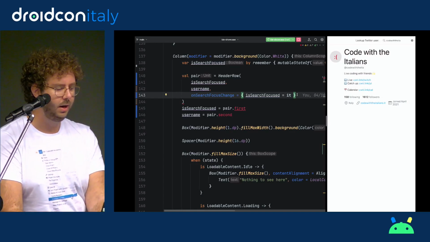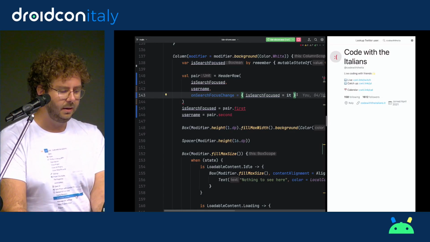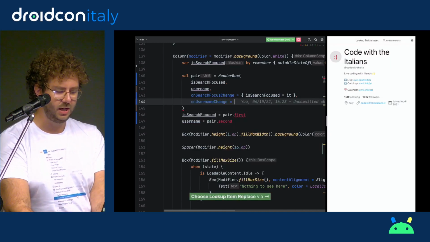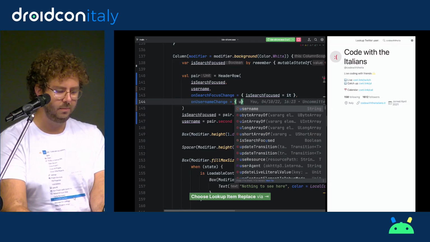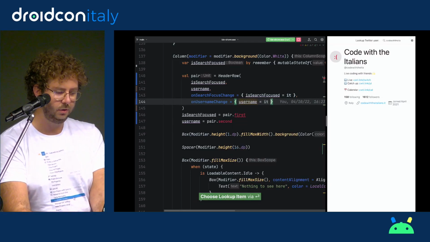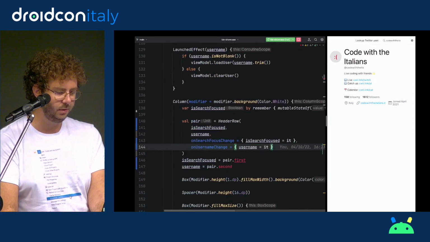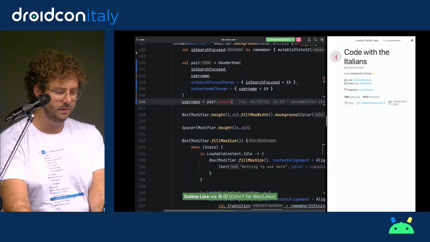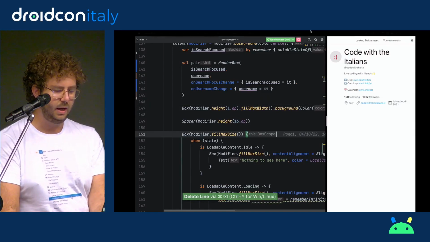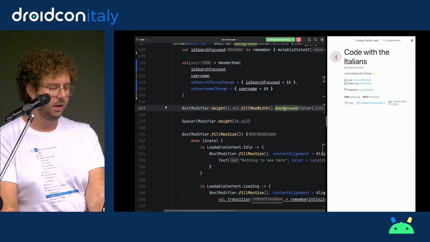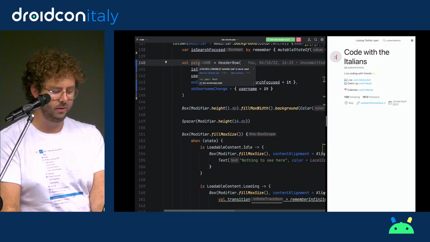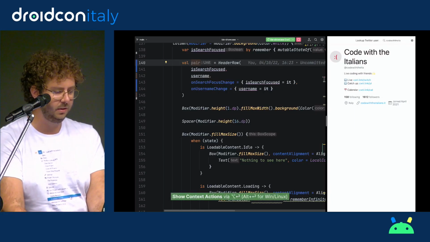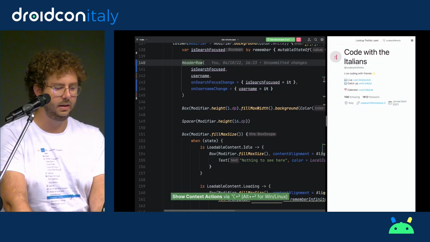Ooh, half an hour. Okay, and then I have to do the same thing with on username change. And I don't have the username field yet, I think, or maybe I do. Do I have it? Yes, I do. Okay, it's fine. I'm done. Okay, so now I can go down to the errors, nuke those lines, and I have done a refactor. Obviously, there's still this. Pair is actually unit because we're not returning anything. So I can remove the variable and refactor done.